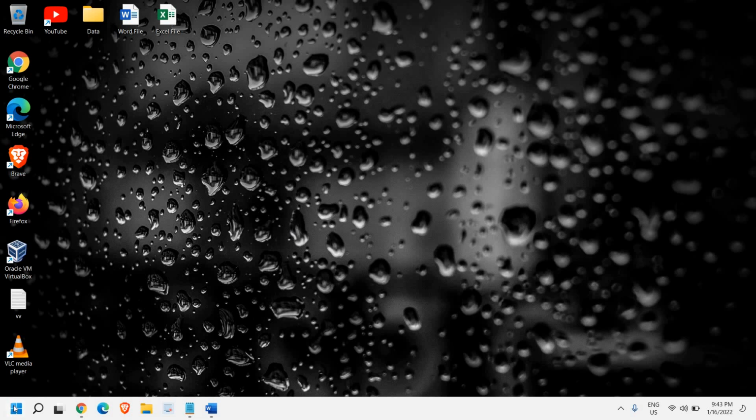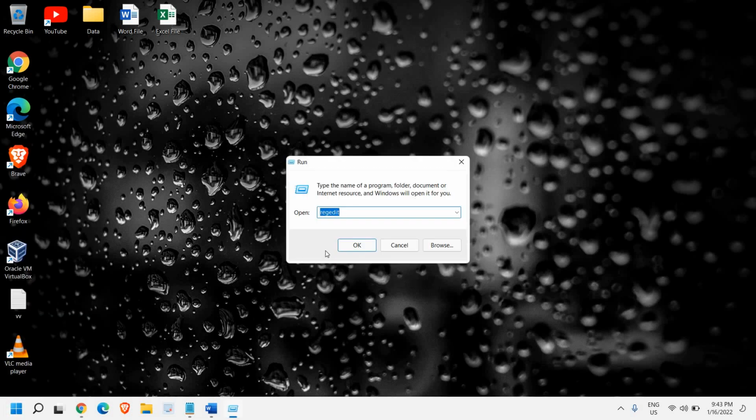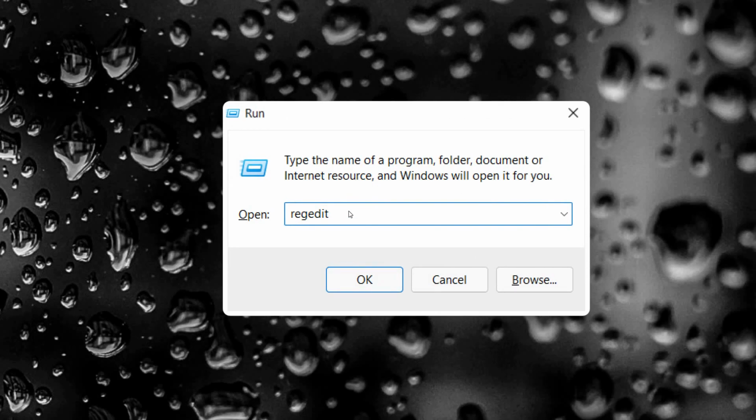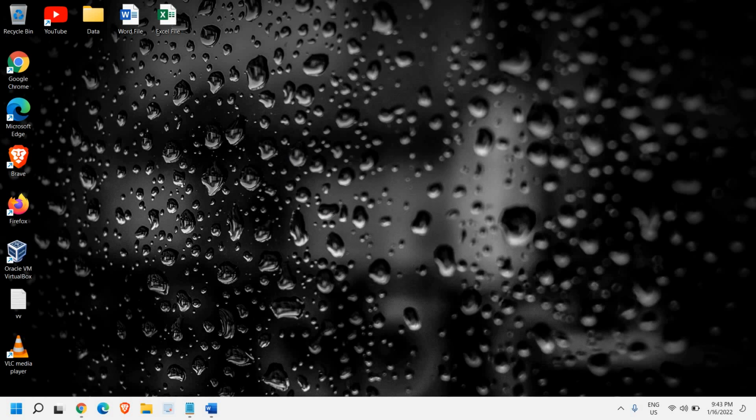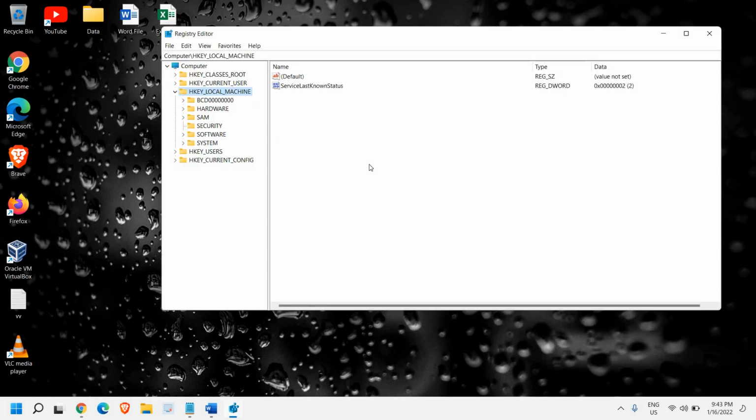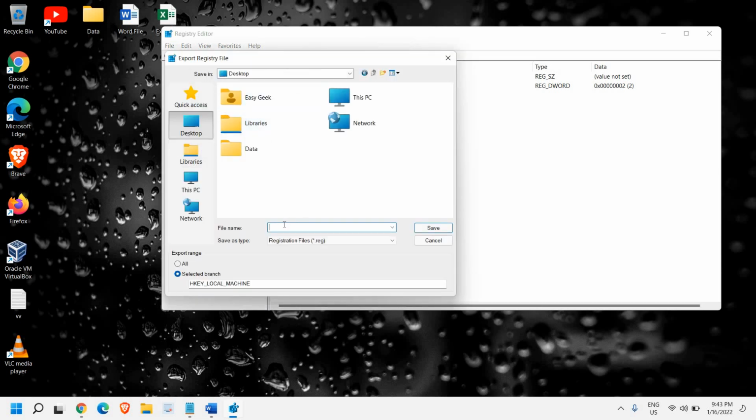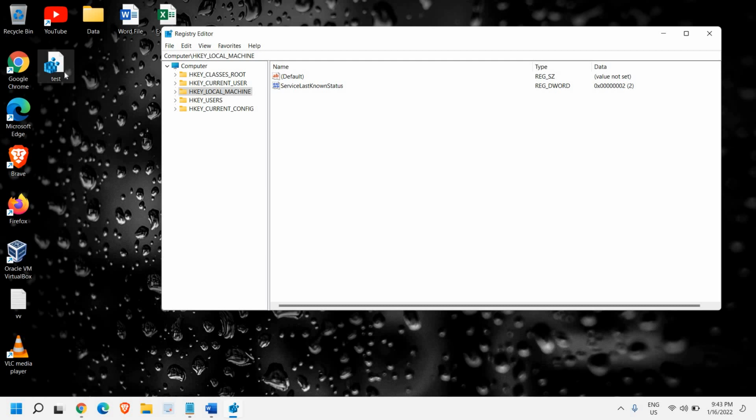Just right click on the Start icon and then click on Run. And here type regedit. We'll be doing 3-4 steps and definitely it will be fixed. Once you have typed regedit, hit OK. Click on Yes, and here just go to File and Export to your desktop. Give it any name, so that if something goes bad, you can restore the registry back